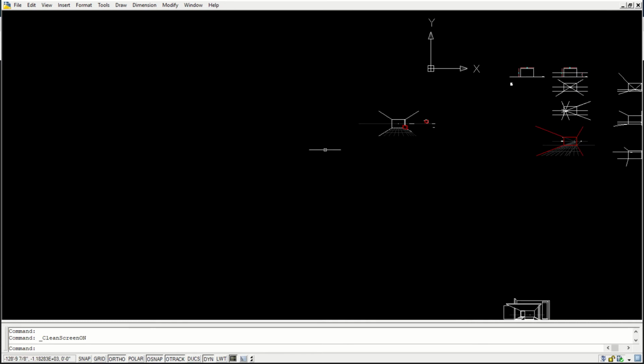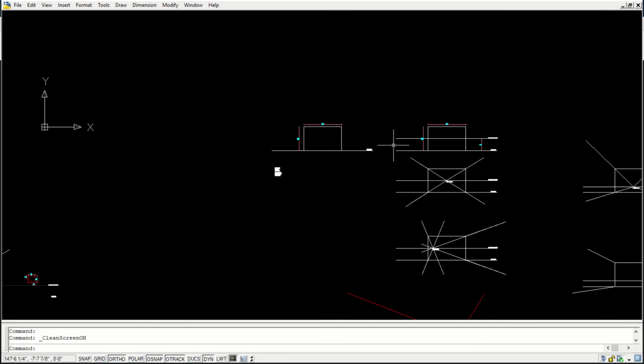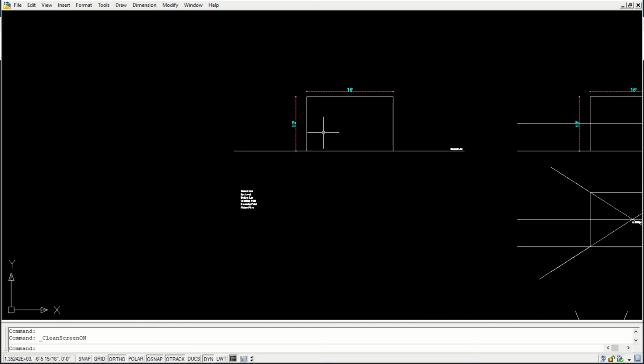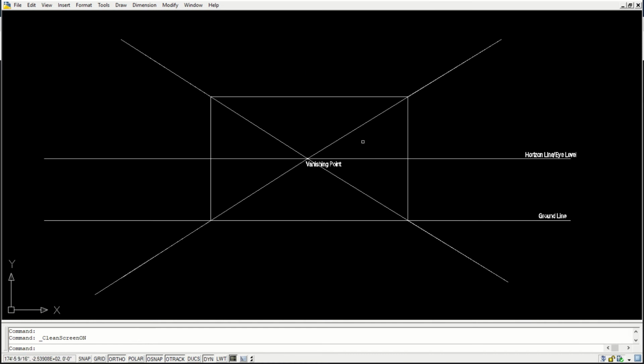So what is the difference between 1 point and 2 point perspective? I don't think basic explanations are required, but still, 1 point perspective will have one vanishing point and 2 point perspective will have two vanishing points.